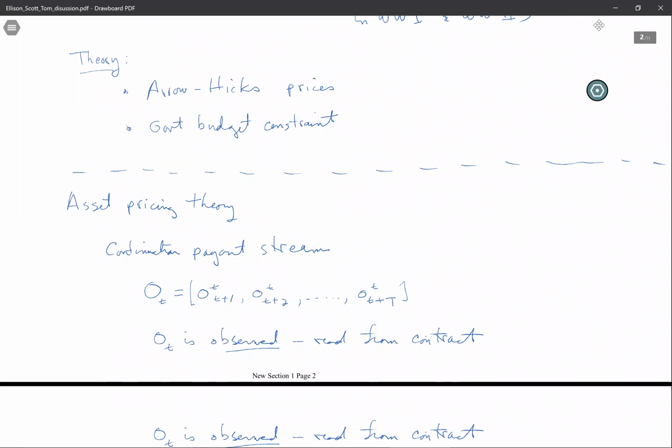Let's just take a continuation payout stream, which I'm going to call o^t. For them, this is going to be the payouts in a particular